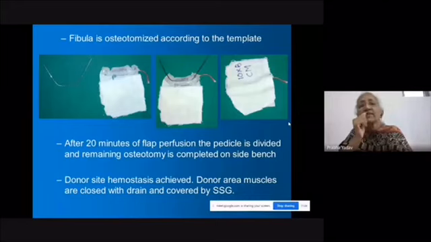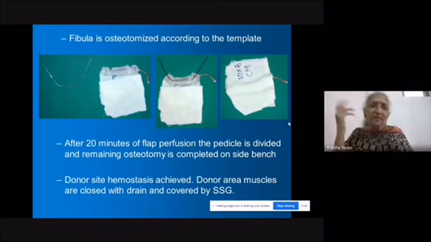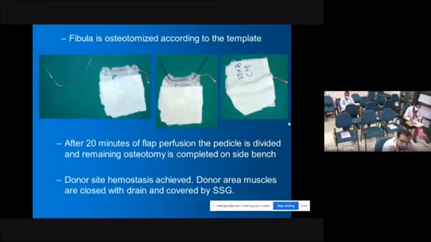In this patient, it's a bilateral neck, so which side of the neck vessels do you plan to use? Imagine now, because you don't have the patient or the case in front. Ma'am, because I'm taking the left side fibula, the pedicle will be on the left side. So left side facial vessels I'm planning, ma'am.